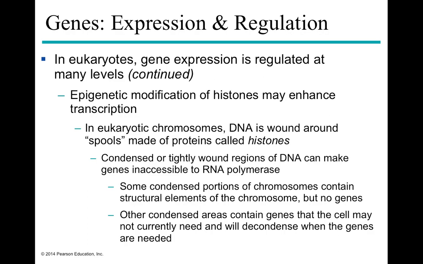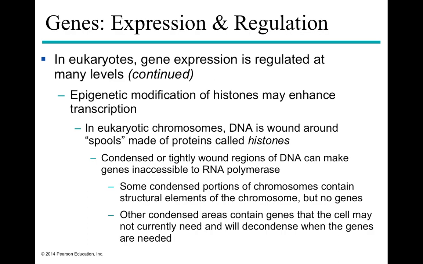We can also modify histones. And again, this is another example of epigenetics. As you may remember, DNA is wound around proteins that are histones. It's a histone octet wrapped 2.5 times, then it condenses over and over and over. And so condensed or tightly wound regions of DNA means that genes are not accessible to RNA polymerase. So it's really hard to make a Xerox of a book that is tightly closed, right? And so if the book is tightly condensed, if the DNA is tightly condensed, then you're unable to transcribe or